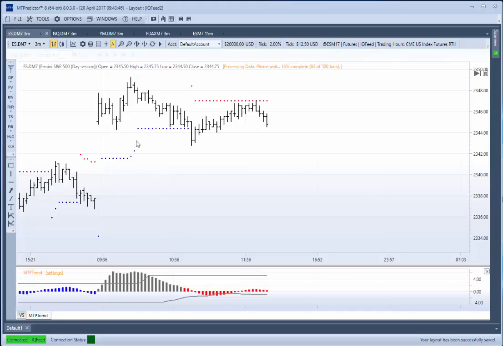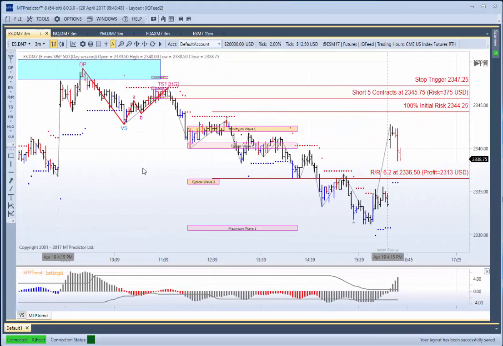If I turn trading mode off, you can see this is what the market did after that. It then declined all the way down to here, where you would have potentially come out with a profit of approximately 6R, or 6 times greater than the initial risk. This was actually strong because as the market was coming down, it had gone beyond our strength band, which is our grey bands here. So the standard MTPredictor guidelines say that when you reach your first target, which would have been here, if the market's strong,